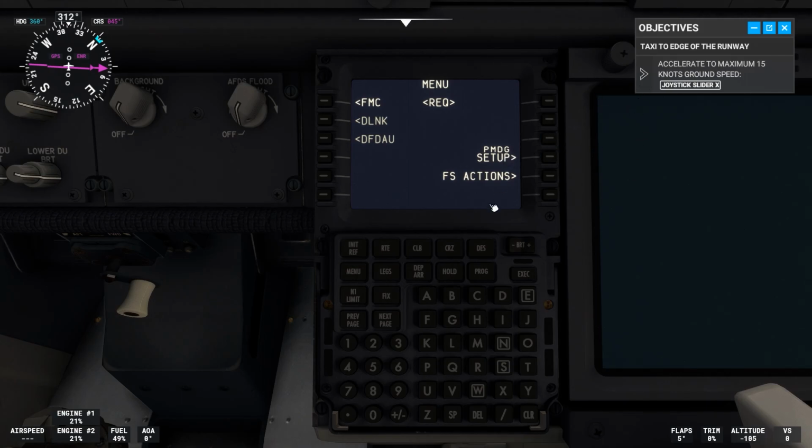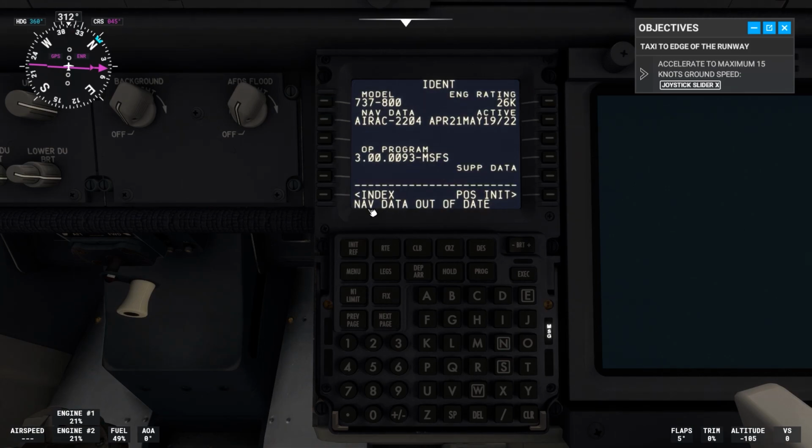So before we get started, these buttons on the left are called the L buttons, L for Lima, so L1, L2 and L3. On the right side we will call the R buttons, R for Romeo, so R1, R2, R3 and so on. So to program a flight from one destination to another, we need to click the L1 button for FMC,